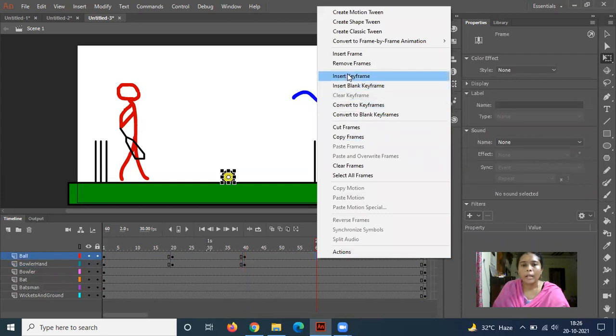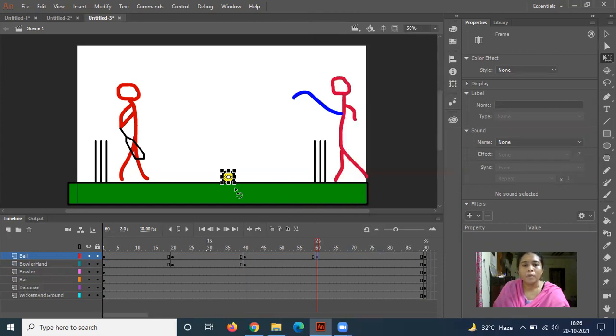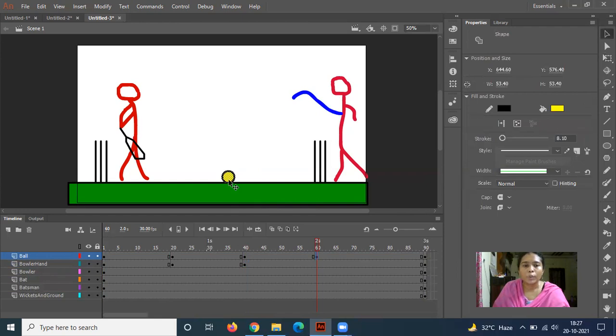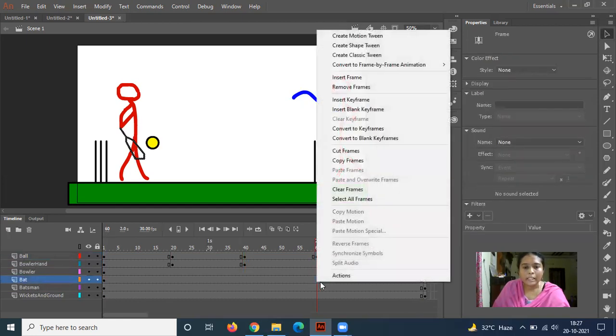see here, at the 50th or 60th frame of the ball layer, you insert a keyframe, so that with the help of the selection tool, your ball moves towards the bat. Keep some space between the bat and ball. And now I need to move the bat here. Select the bat layer and go to the 60th frame of the bat layer. Insert keyframe,